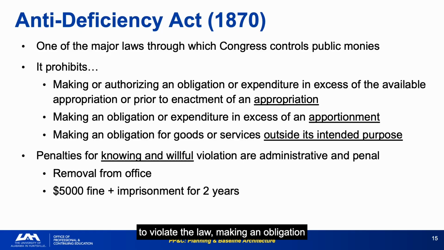Making an obligation for goods or services outside its intended purpose. This is the most nuanced violation. Moving money between appropriation accounts, e.g., from R&D to operations, without proper authorization violates the ADEA even if the total